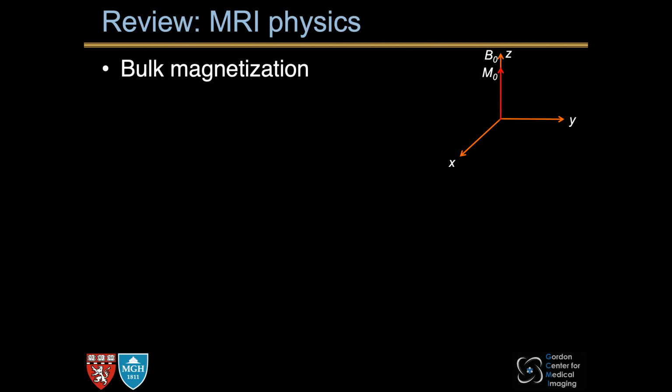So let's first do a quick review of NMR physics. First, where does this NMR signal come from? The nuclei behave just like small magnets. The orientations of these magnets are random at thermal equilibrium. As a result, the net magnetization is zero without an external magnetic field. So assume there's a